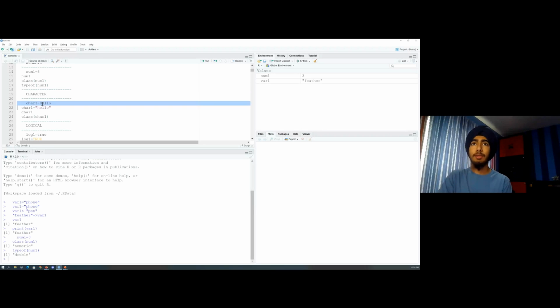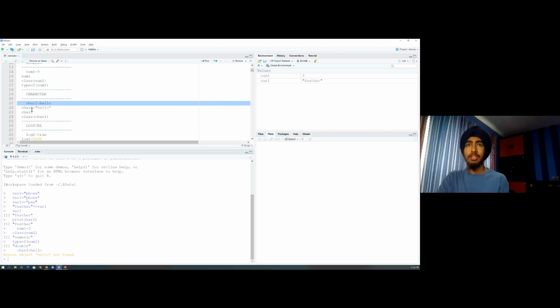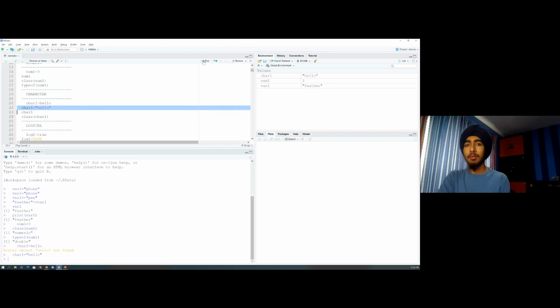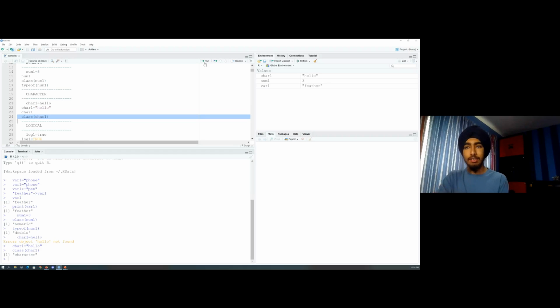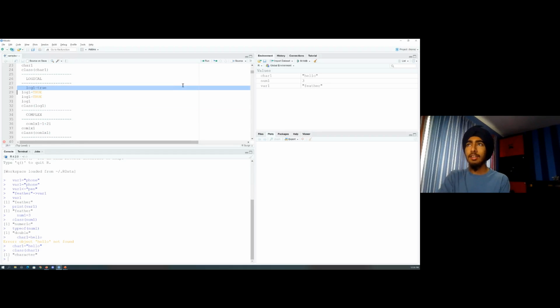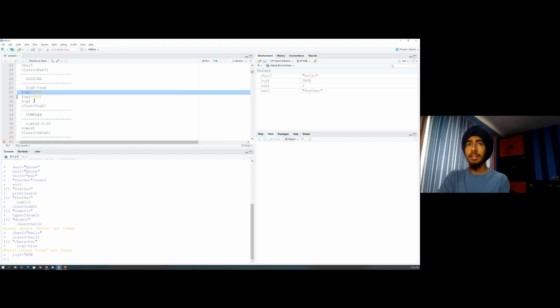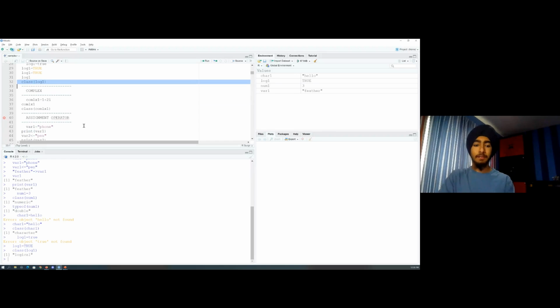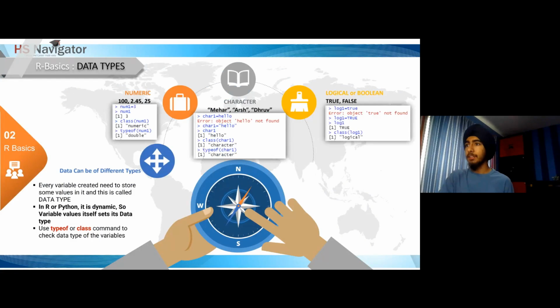Same thing with character. If we try running character1 equals hello, you'll notice that there's no double quotes on the side of it. So it throws an error because it doesn't know what hello is. It just thinks it's another variable or something. So now if you put double quotes, now on the right side, character1 is hello. Same thing with variable1. And the class of that is obviously a character. And then same thing with the logical operations. TRUE has to obviously be in all caps. And same thing with class. It has to be in all caps. That's just, it's kind of a tricky thing, but it's something that you just have to get used to as you work with it. And then the final data type is,